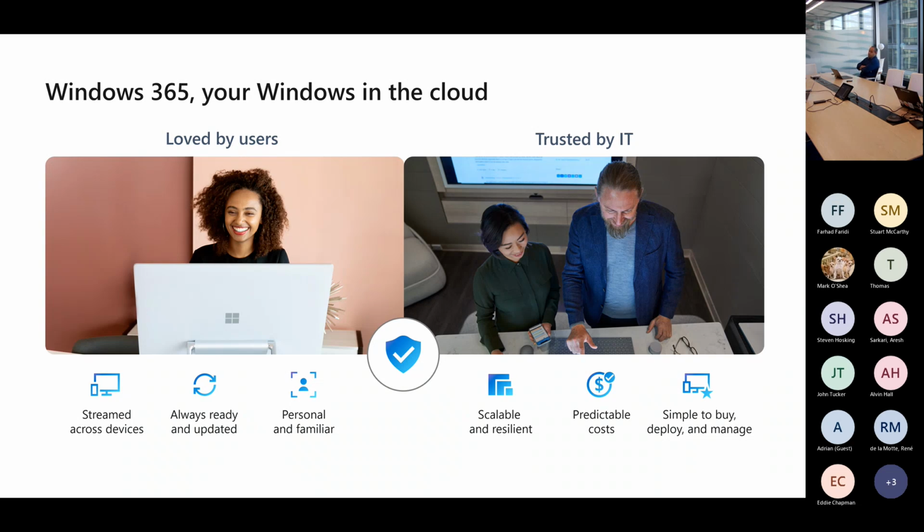You don't have to go through some special person or wait in a queue for getting the license. All you do is go into admin.microsoft and get your number of licenses from there and start paying. And if you have an enterprise agreement, it automatically rolls up in your billing.